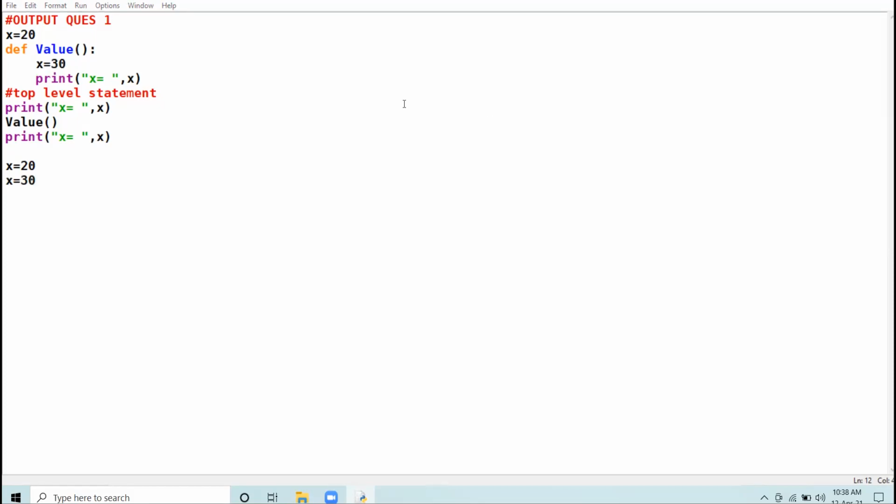Okay. Now after this print, my function is over. My local environment is over. Now I came back to the statement after the calling. Now this x will be again 20. Am I clear with the answer?